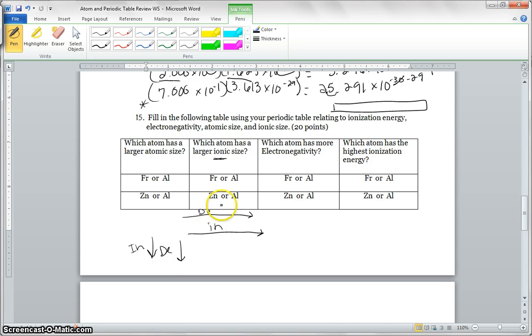And ionic radius is going to do the same. It's going to decrease as we go over and increase as we go down. Ionization energy is going to be the same as electronegativity. That is going to increase as you go over and decrease as you go down. So if we look at our periodic table, if we have